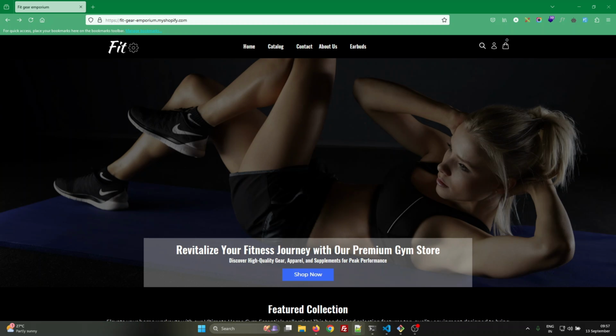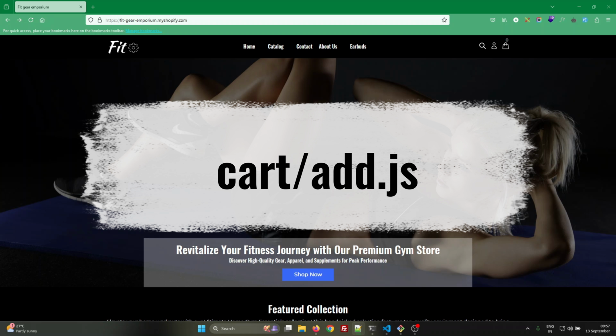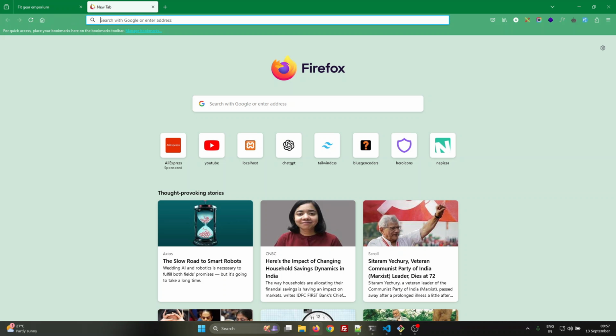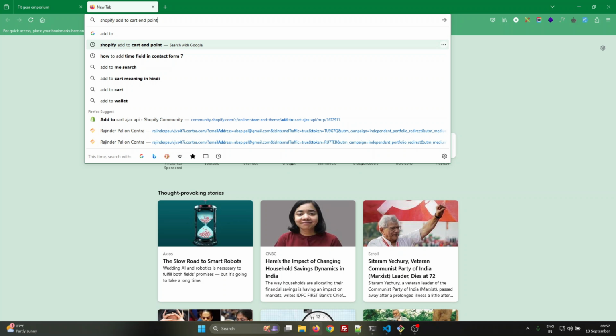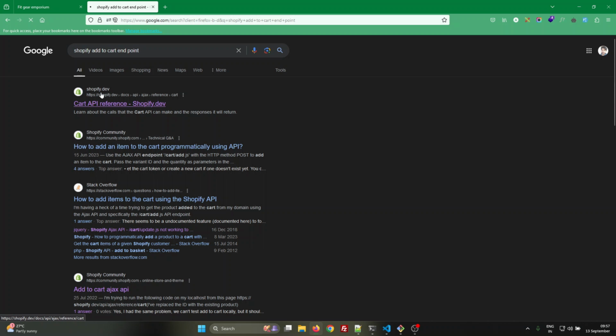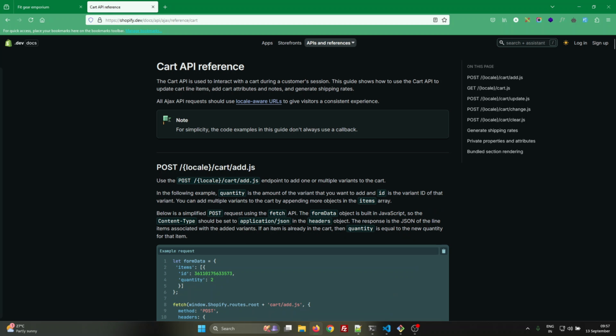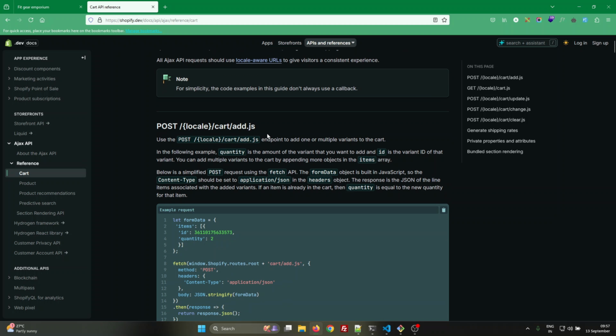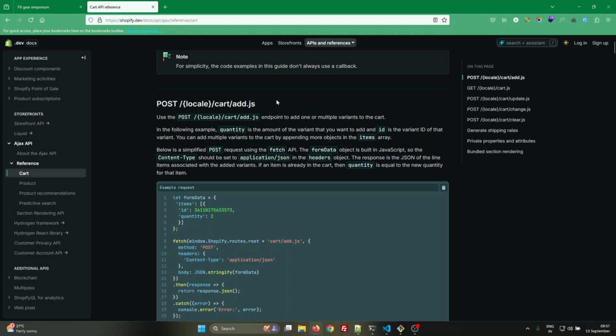Shopify provides a cart/add.js endpoint that we can use to add products to the cart. So if you search "Shopify add to cart endpoint," you will open this first link. You will see the various endpoints here. The endpoint that we are going to use is this